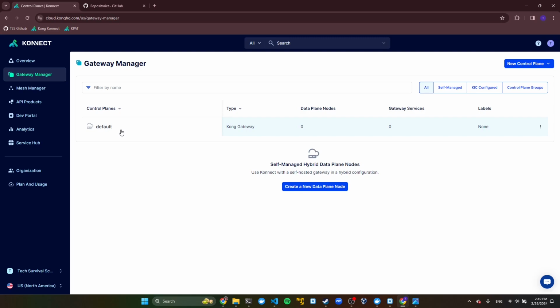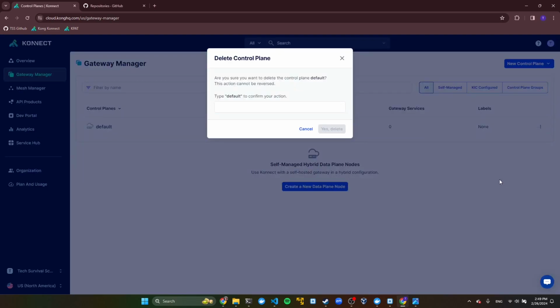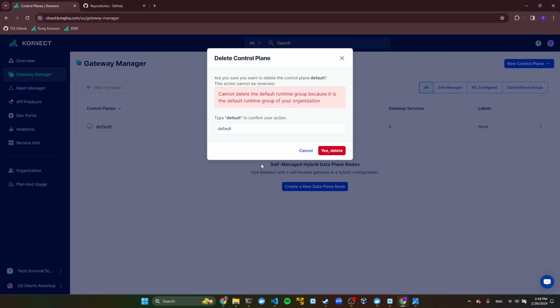The reason this is still here though, for example, if I say, well, I just logged in, this is new, I don't want this here, so let's just get rid of this. It says you can't do it because this is the default runtime for your organization. Now, what's happening behind the scenes is